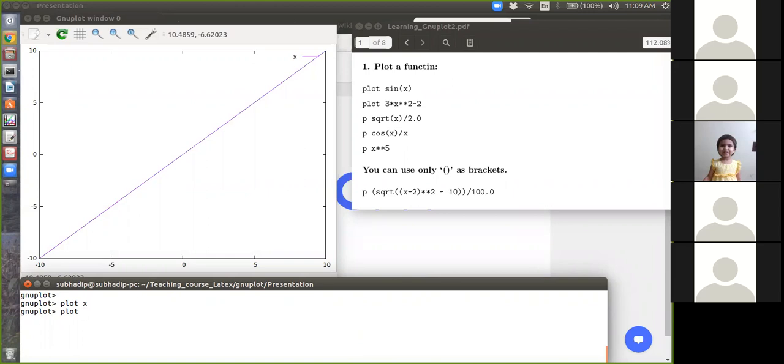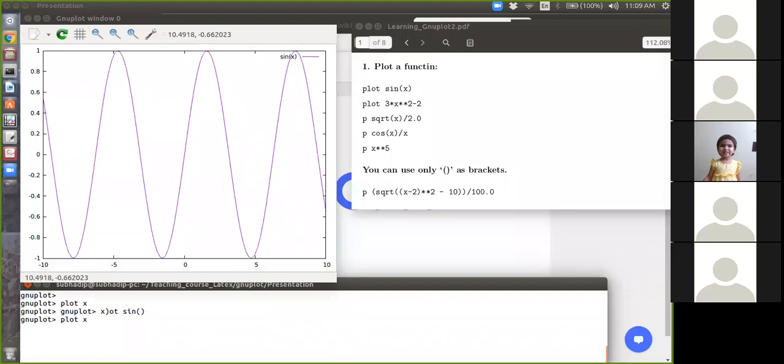Sin is a function already defined in the software, GNUplot. As I have written in the PDF, whenever you write some function, always give the argument within brackets.